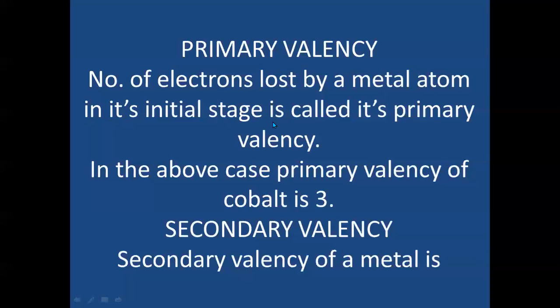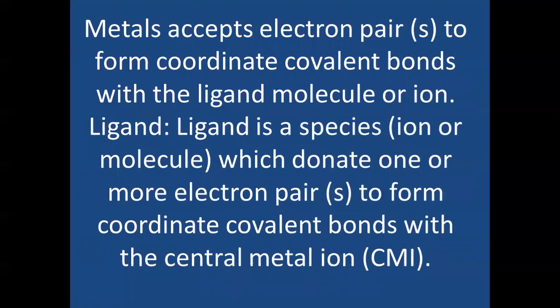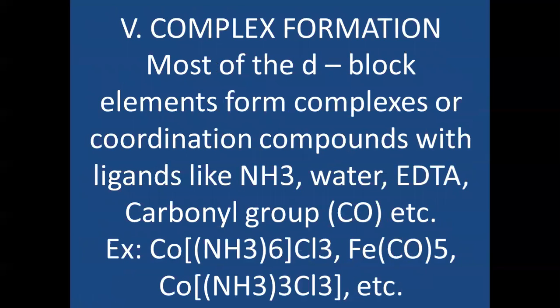This species is called the coordination sphere. Here, this bracket should start from cobalt. Actually, this bracket should start from here. So the cobalt, that is the central metal ion, and the ligand NH3 together form a coordination sphere. In both these cases, the bracket should start from here. Therefore, [Co(NH3)6]Cl3 and [Co(NH3)3Cl3], both are called coordination spheres.